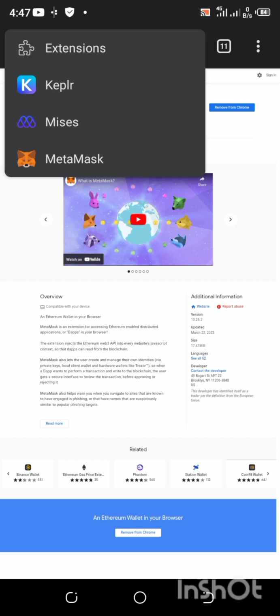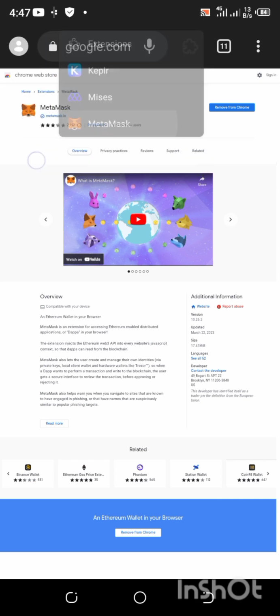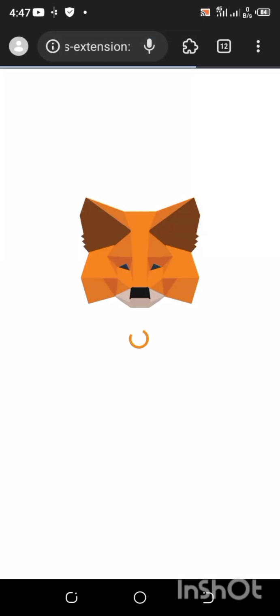So as you can see, the extensions I have: KEPLR wallet is also on there. I have MetaMask and I have MISES. I don't know if Trust Wallet actually has an extension, but definitely it should. So I'm just going to click on my MetaMask. Remember, I click on the extension tab. So once I click on my MetaMask, it's going to load it up for me, and then I'll input my